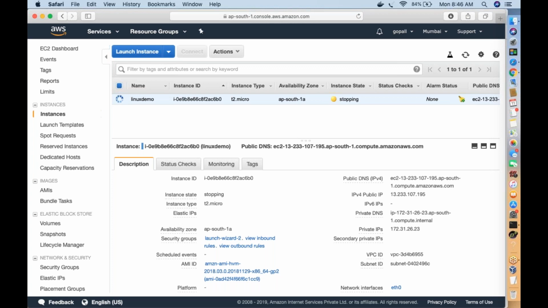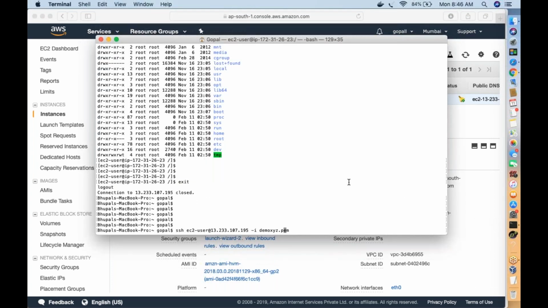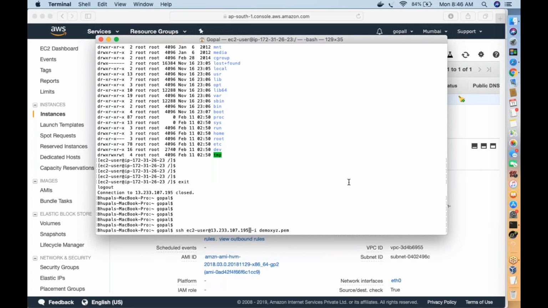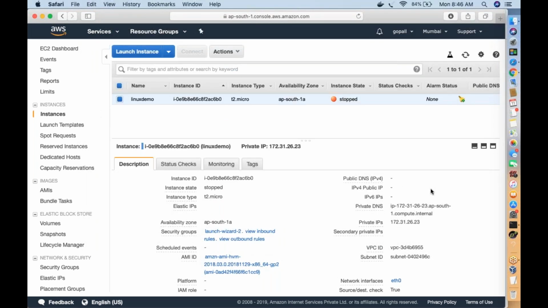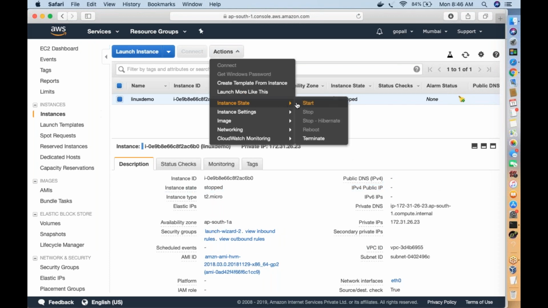Does it mean I need to go back to the server and change my keys as well? No, keys and username will remain the same. For example, previously I used this command to log in. Now my public IP has been changed, so I will remove this public IP. See, now my public IP has disappeared, the server is stopped. Now I will start it again.